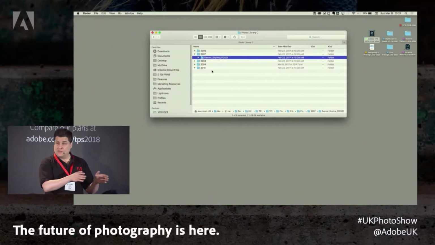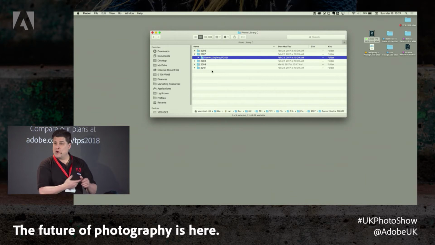But I think if you start by first organizing by the year and then break it down from there. So I may have, in 2007, these are just some examples, a folder called Denver Skyline, and again, I put the date on it. So it's within 2007, but now I've addressed the location of it. So I can quickly look in the file system and see where it was made and what they're photos of. So you can name the folders for what the pictures are of, but at the top level, the structure is